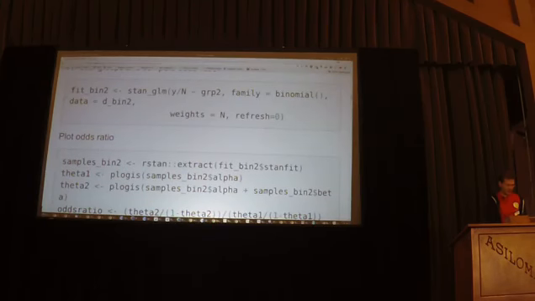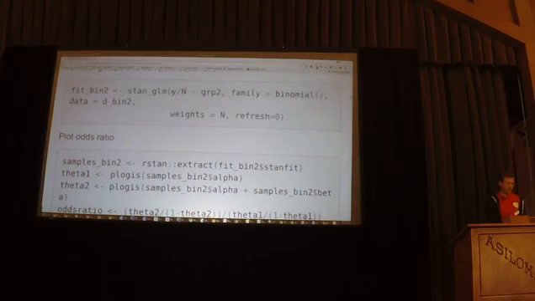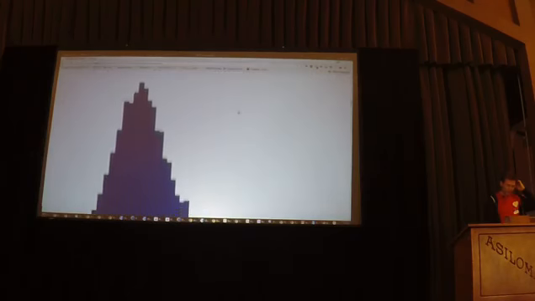With RStanArm, we can easily then fit using stan_glm. Now the y divided per n is, and then this is now just one variable, the group variable, and so it's like the latent linear model where it's only the one group variable telling, and then automatically it adds also the intercept term. And then we have also the weights here to complete. We can sample, and then we computed here